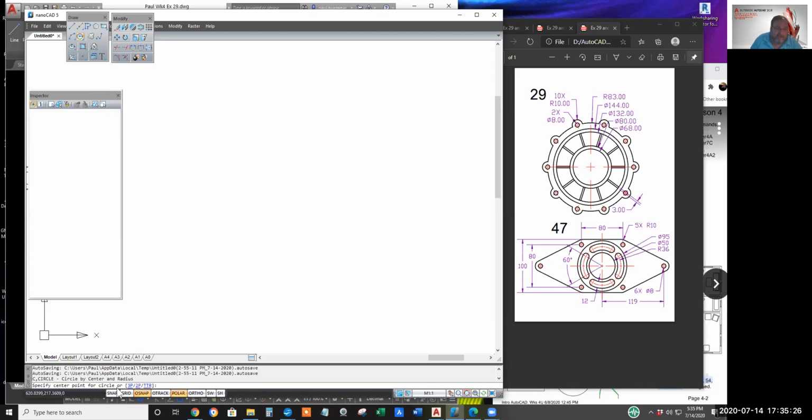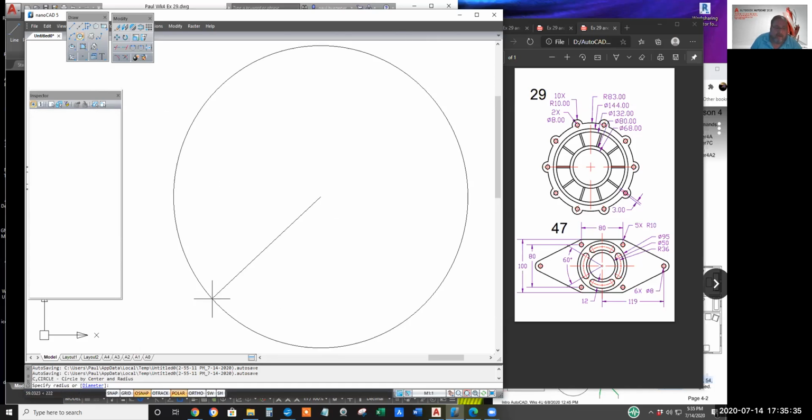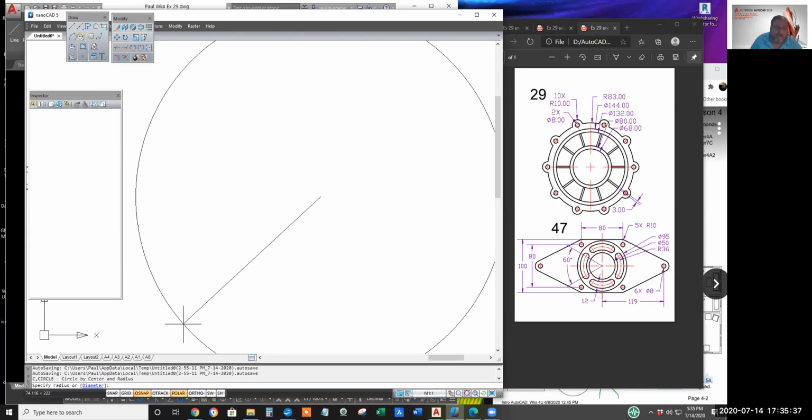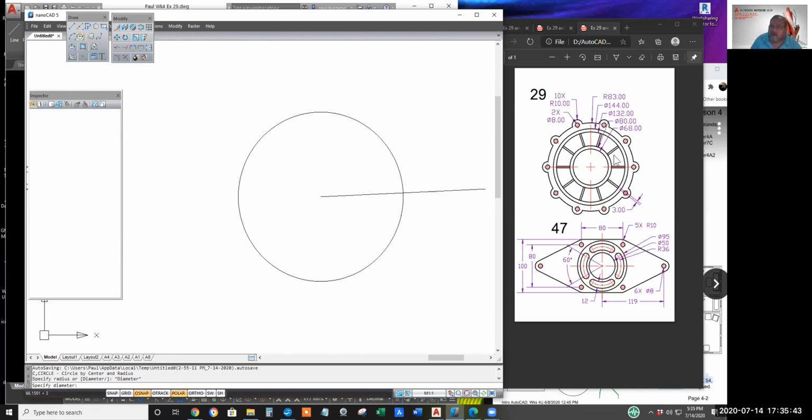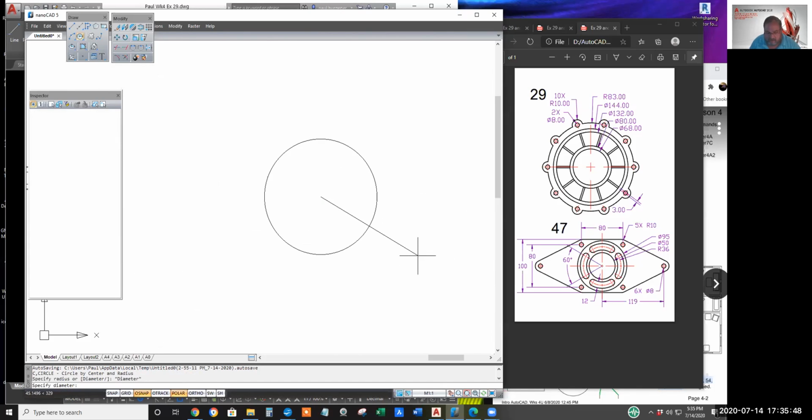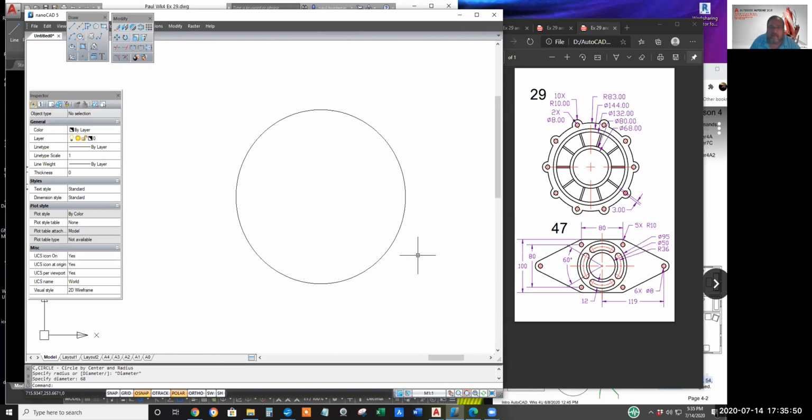Now, whether I'm going to define it by the radius or by the diameter, either way, I begin by specifying the center point. So I'll pick a random point. It's waiting for radius, but I'll right click and pick diameter. Get the zoom out of the way, and this is 68, enter.